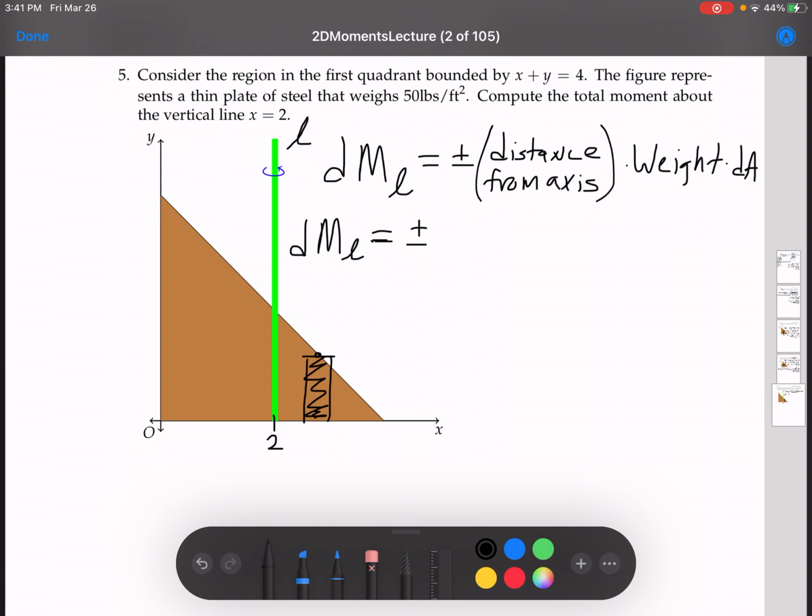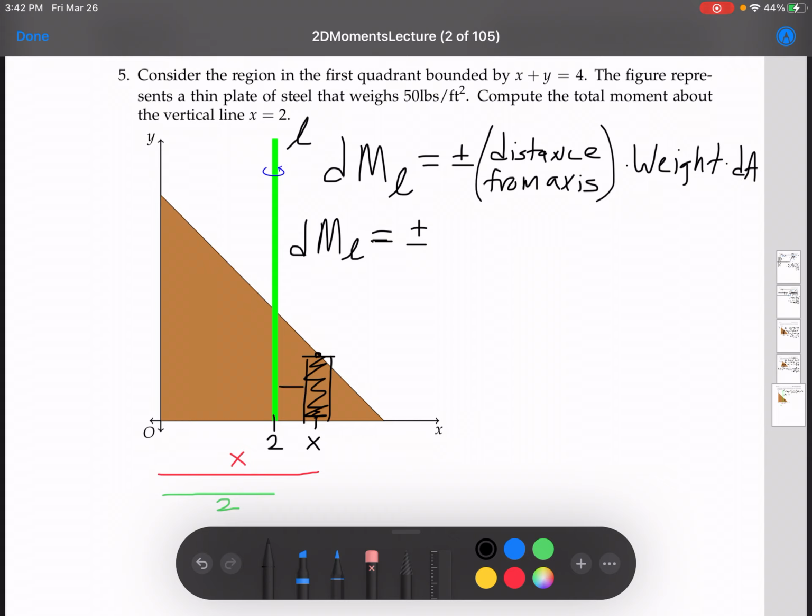This is happening at some x, so this rectangle is at x. All right, so this red distance here, this is x, right? And we'll say this green distance here, that's 2. So the distance from the axis, this distance right here,